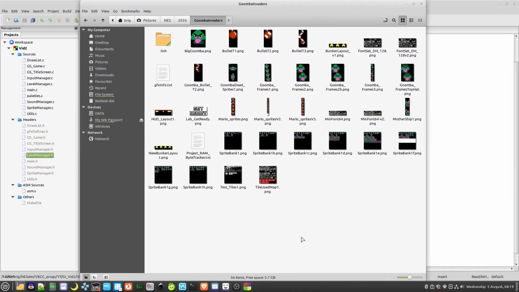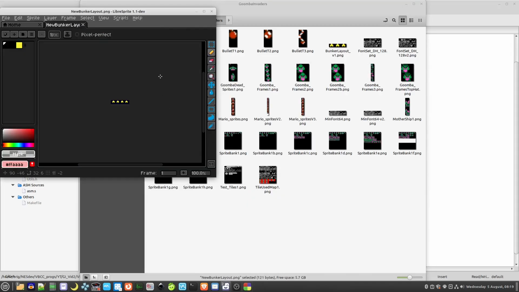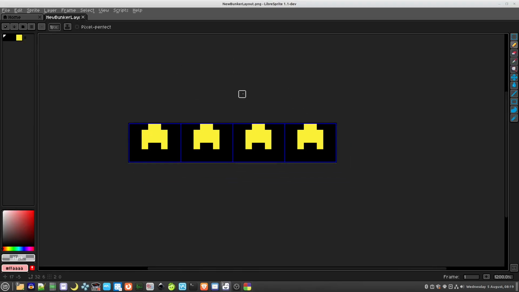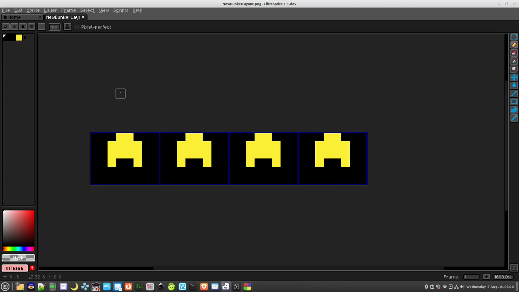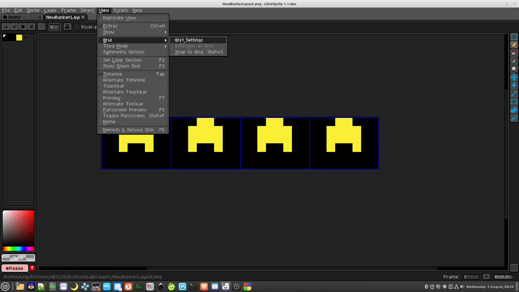So when I start designing these games, I give them their own folder where I play around with different graphics. And one of the things that I needed to do here was to decide on the size of bunkers. So how I did that was, sometimes the easy way to do these things is to use an image here. So each of these,